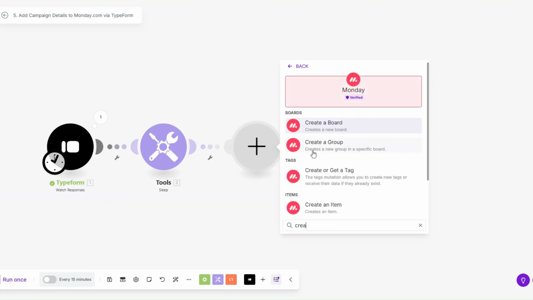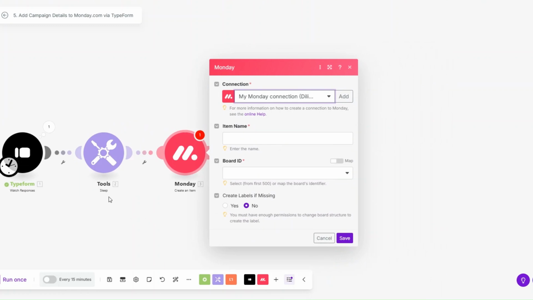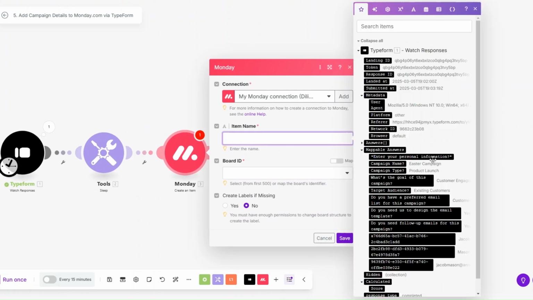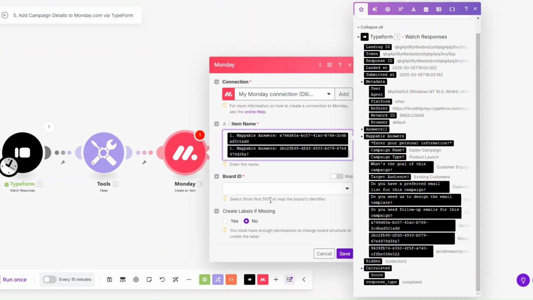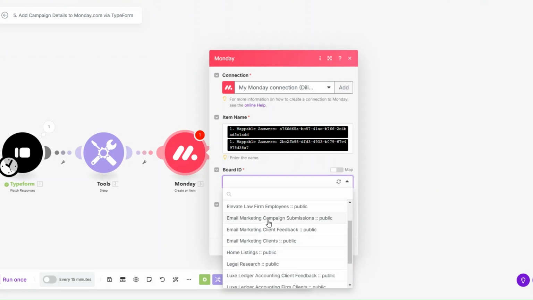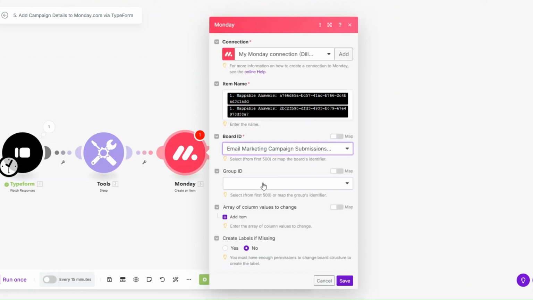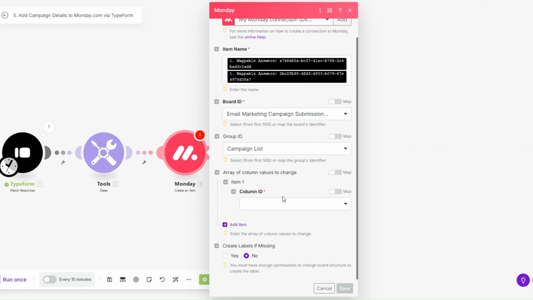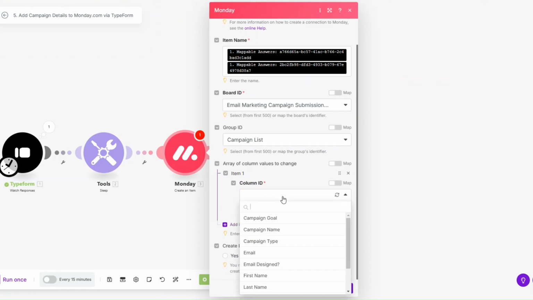So on Monday, I'm going to search for create an item module. I'm going to choose our connection. For the item name, I'm going to add the first and last name of our client, so Jacob space Mason. I'm going to choose our board ID right here, which will be our email marketing campaign submission. Group ID, I'm going to choose the campaign list. And then here, we're going to add values to our board on Monday with the data that we captured on Typeform. So here, I'll add an item,